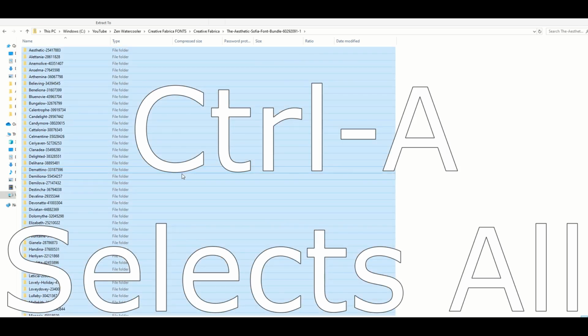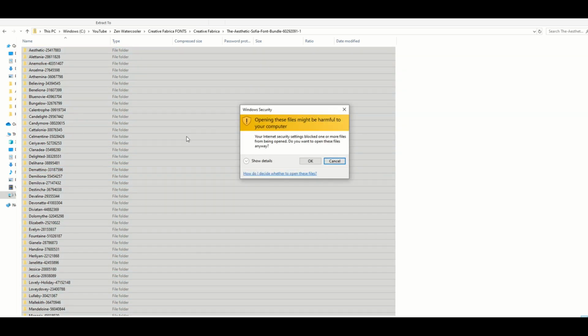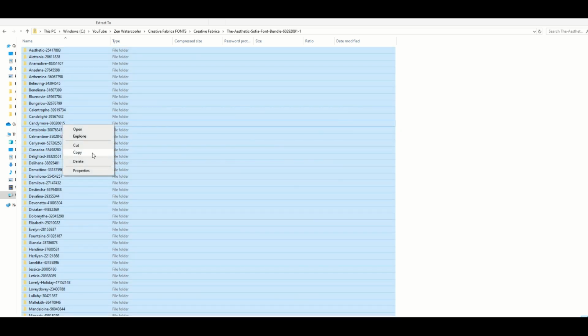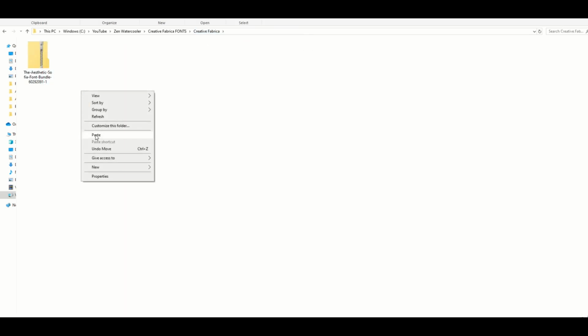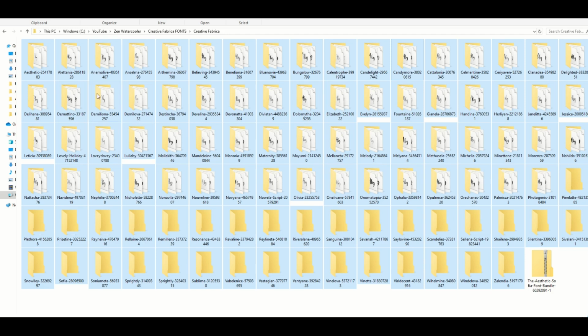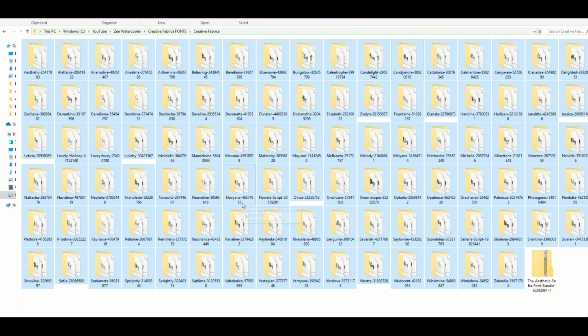That selects everything. I'll right click. It's going to ask me if I'm sure I want to do this. I'm going to say yes. And then I'm going to click copy. I'm going to go back to my original folder and I'm going to click paste. We can see now all the fonts are loading in and now I have to install them,